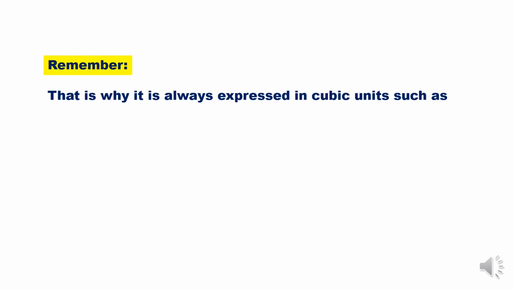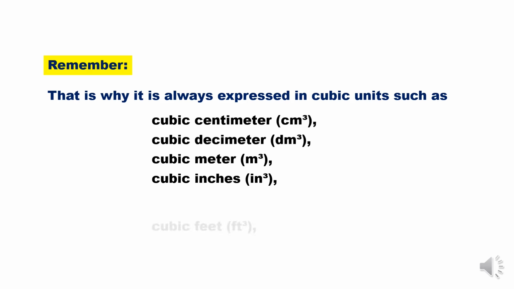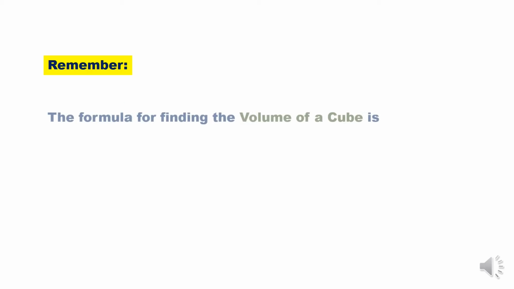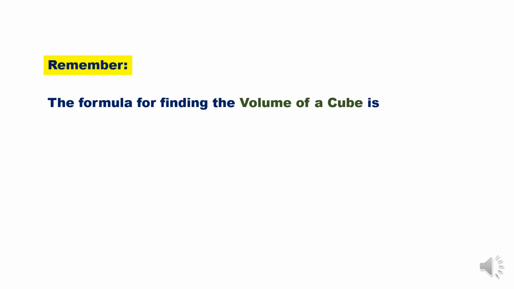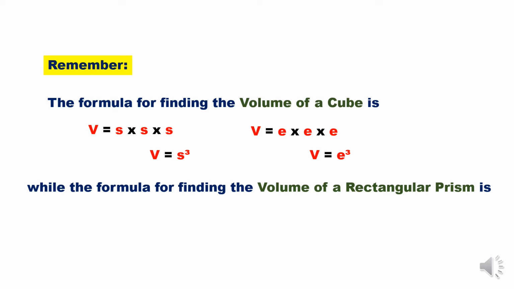That is why it is always expressed in cubic units such as cubic centimeter, cubic decimeter, cubic meter, cubic inches, cubic feet, etc. The formula for finding the volume of a cube is, while the formula for finding the volume of a rectangular prism is